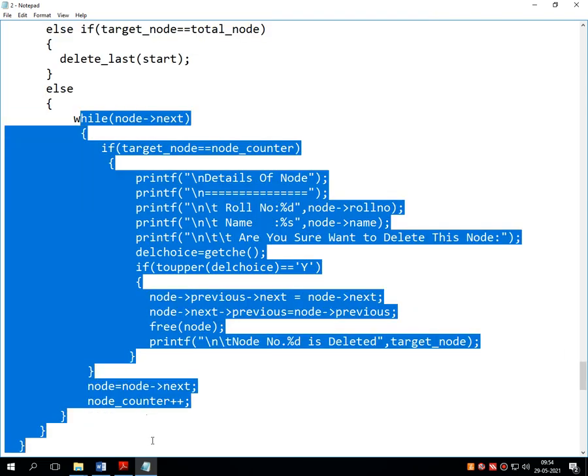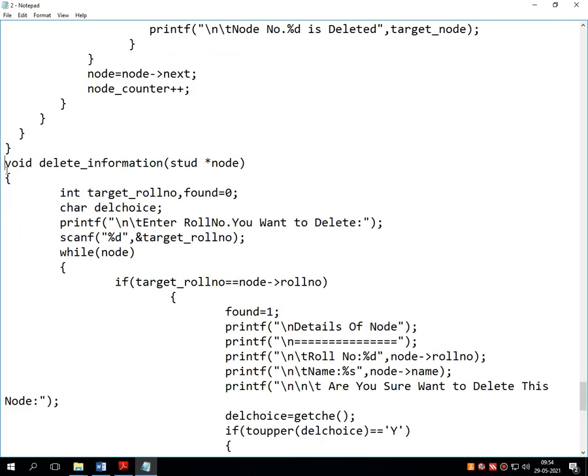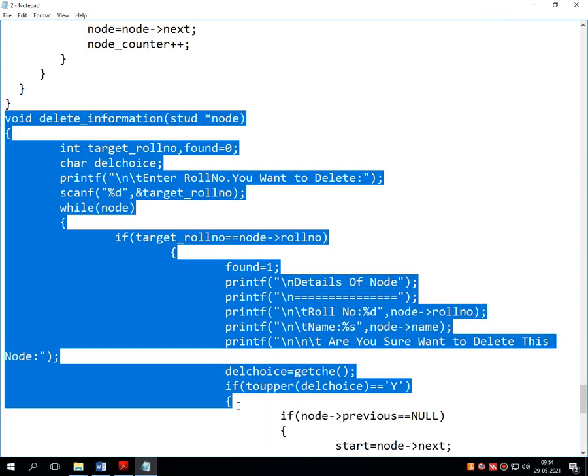Write down the remaining lines of code. Then go for delete based on information.